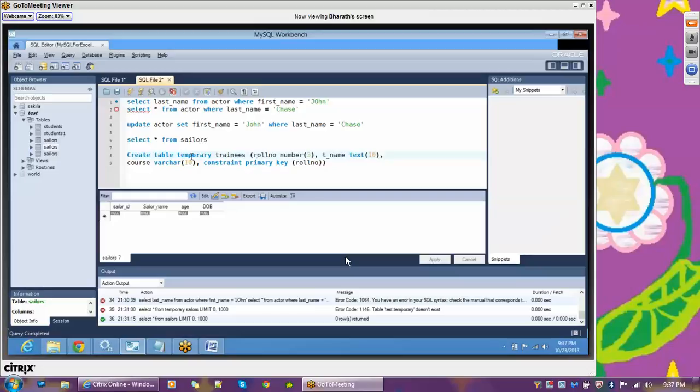And the next one is roll number, or these are all different columns. When it comes to constraint, it says primary key. So in each and every table,